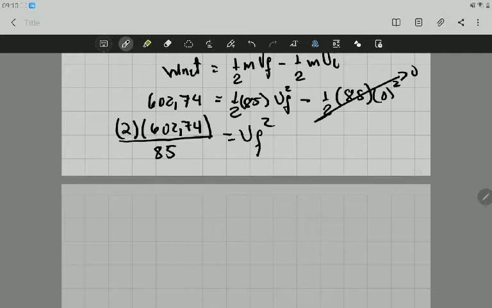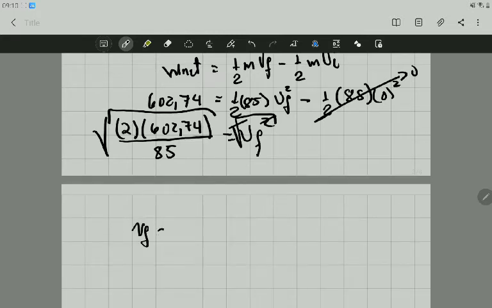Now, if you take the square root on both sides, this is mathematics on both sides. The square root cancels with the square, and then the final speed is equal to the square root of 2